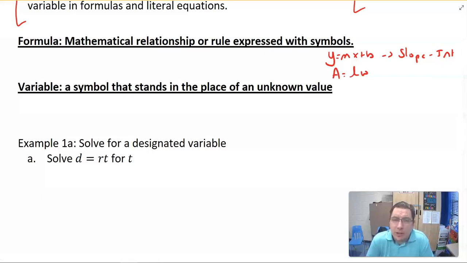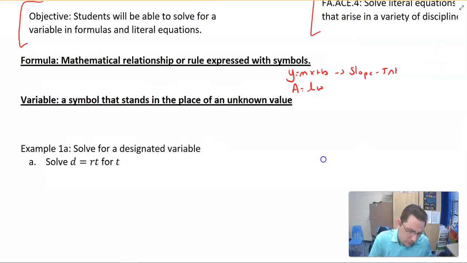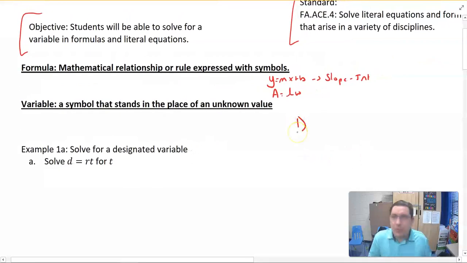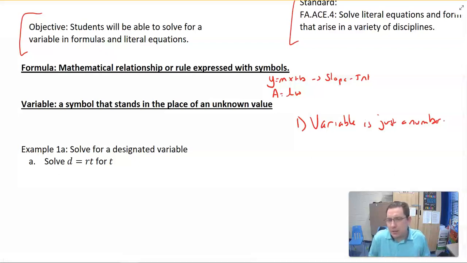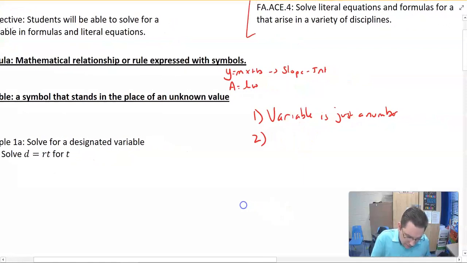Now, these variables that are in there, they are symbols that stand in the place of an unknown value. And so a couple things I want you to understand. The first is that a variable is just a number, right? A variable is just a number. Now, what do I mean by that? Well, it's a value that we don't know, but it's still a number. And so when we want to work with it, and this is number 2, if you can do it to a number, you can do it to